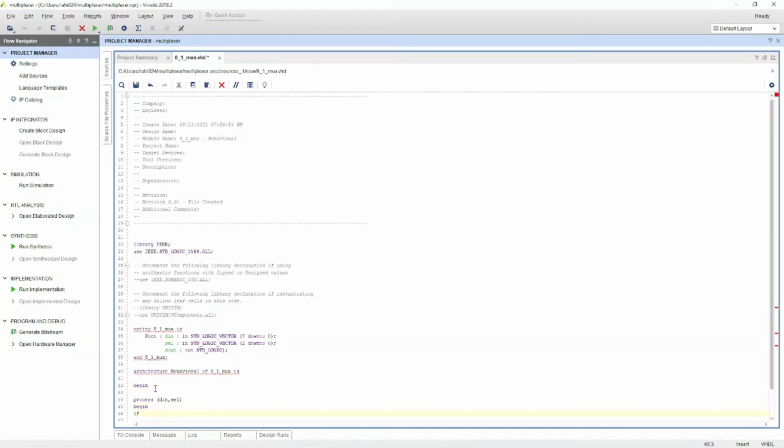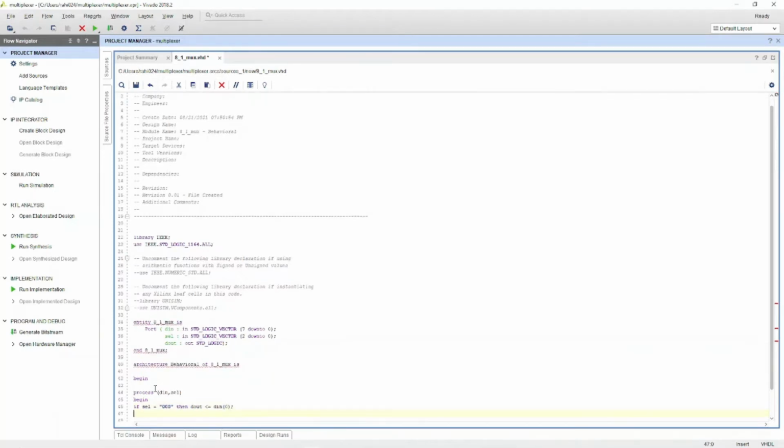If select is equal to, under the quotes, 000, then D out is assigned D in 0.